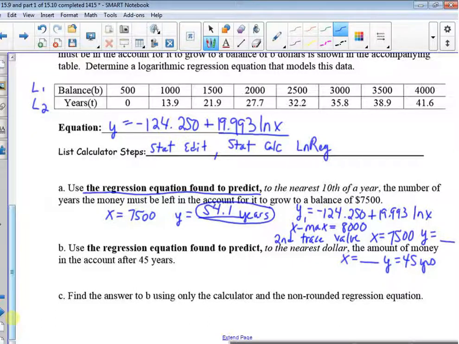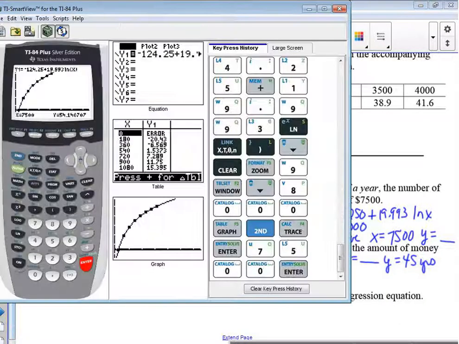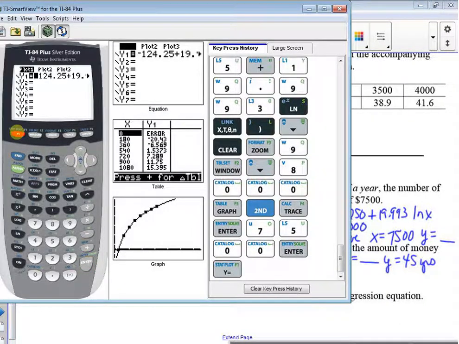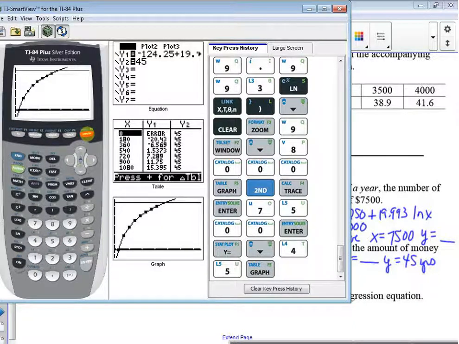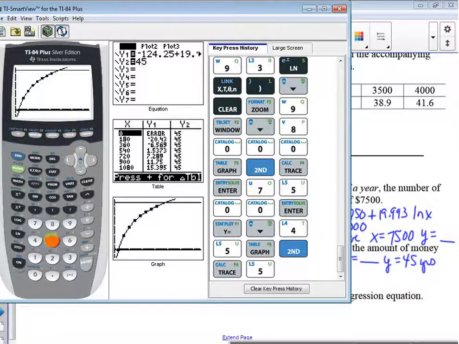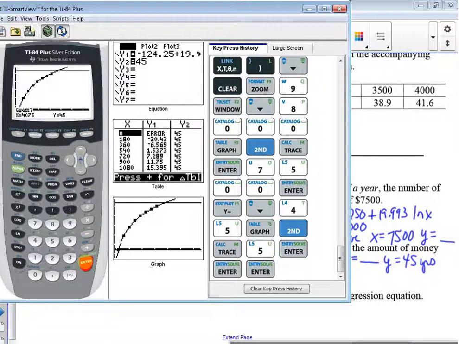So for this one, I'm going to go back again, and I'm going to put in y2 equals 45. I already have the equation in there. So y2 equals 45, and I'm going to hit graph and see if I can see the intersection, so I do not need to change the window. So second trace intersect, enter, enter, enter,